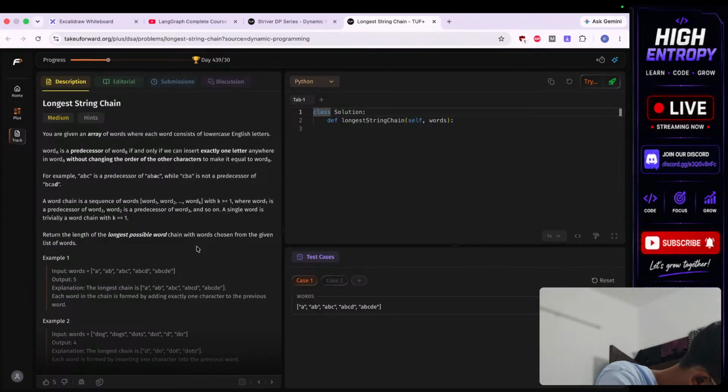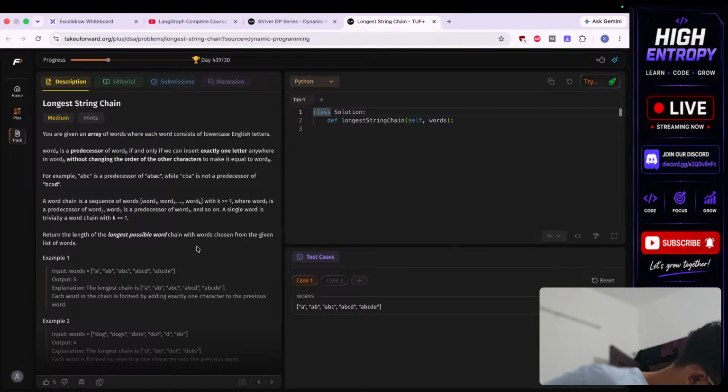If s1 equals s2, not possible. Now you will say n1, n2. n1 means the previous string, n2 means the next string. So there should be one extra length. So if 1 plus n1 equals n2, then